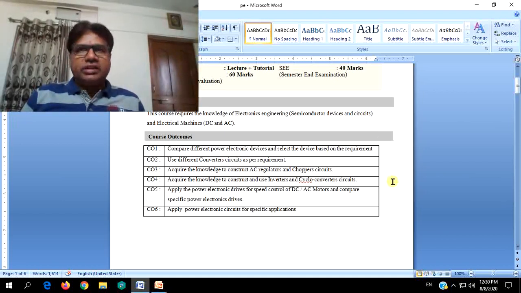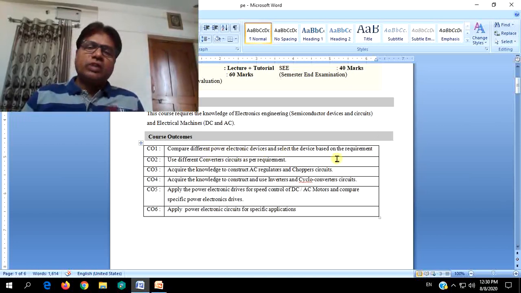AC to DC, that is rectification, AC to AC, that is regulation or control, voltage control, and also then DC to DC, that is chopping, and next DC to AC, that is inversion. So in units 2, 3 and 4 we have discussed how different circuits will behave to convert AC to DC or DC to AC, or from same form to other form, by using the power electronic devices which we have learnt in the first unit.